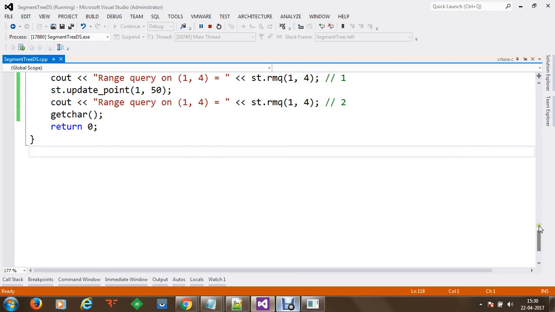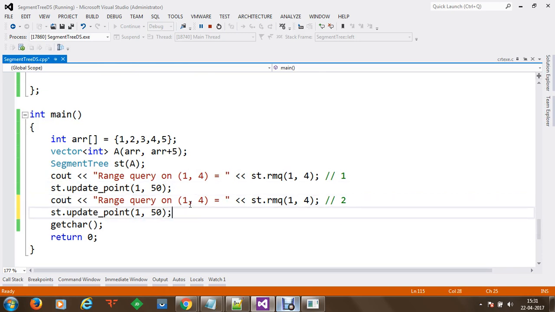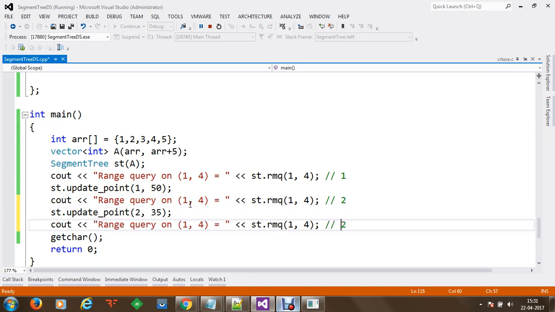So this is how your segment tree data structure works. And in case you want to modify an element somewhat like this, let's say you want to modify the value at index 2, because at the moment 2 has been printed, so we want to change the value at index 2 to 35, somewhat like this. Let's say we have put that as 35, and now what we want to do is again perform the query from 1 to 4, and now we'll check. In this case, once the query is performed, we are going to get that the minimum segment is 3.